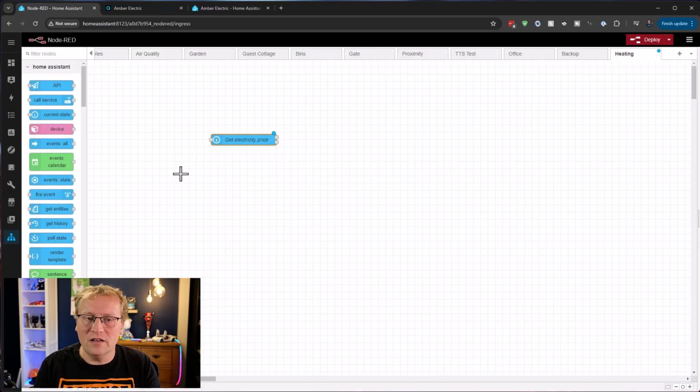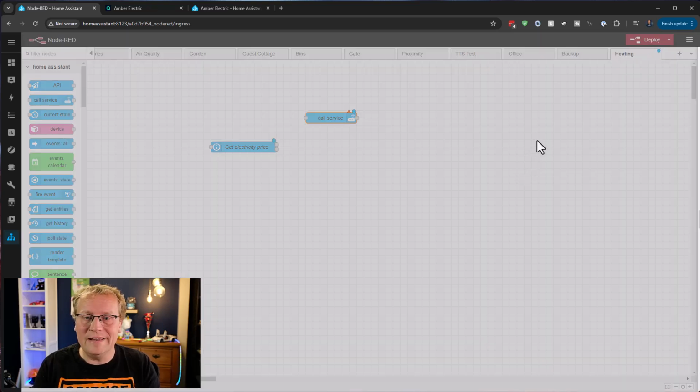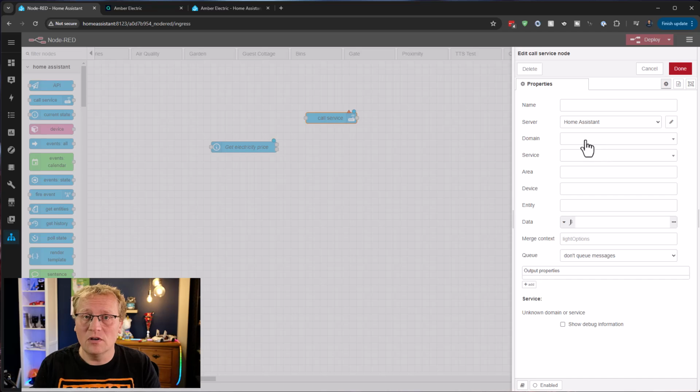So I have that here as my node, and then I get 2 outputs here. I get a true and a false. So true is if it's higher than 40 cents. So if it's higher than 40 cents, I want to call a service. And the service I'm calling is my Sensibo aircon. So I'm going to aircon controller. So I'm going to say turn off, oops,